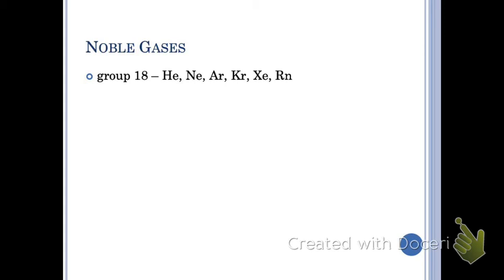So it doesn't want to give away 4 or gain 4. It kind of does both things, right? It can act as both a cation and an anion, which we'll get to later. But yeah, their reactivity levels are nothing in comparison to the outsides of the periodic table. Okay, group 7, group 1 and 2.